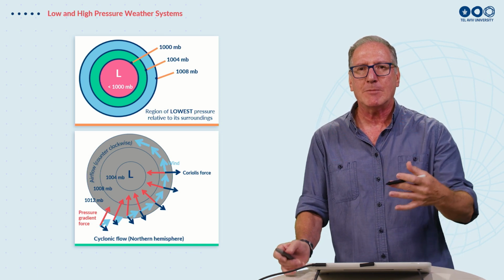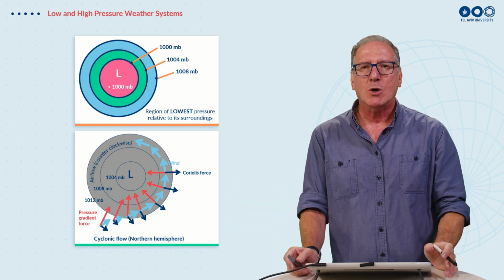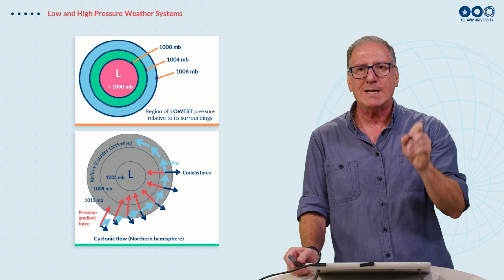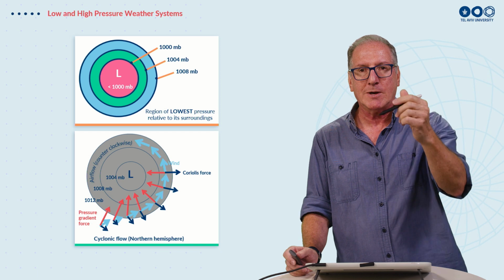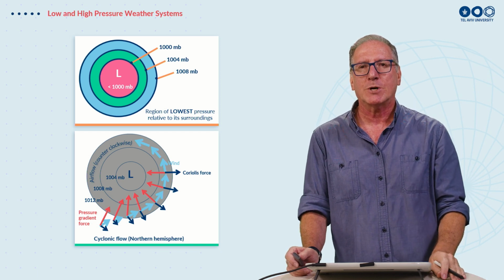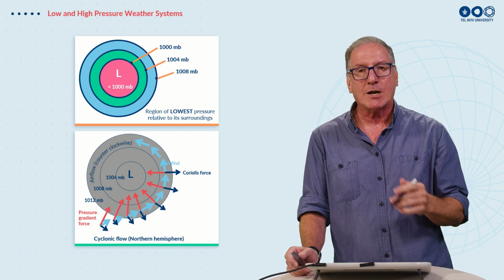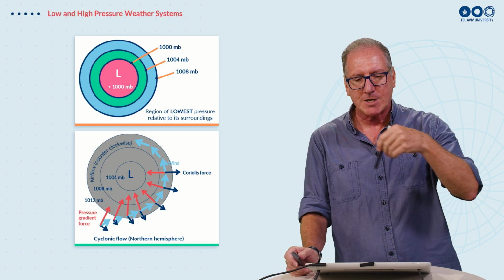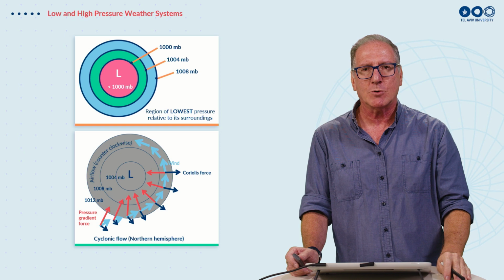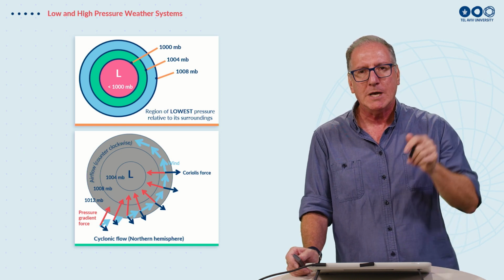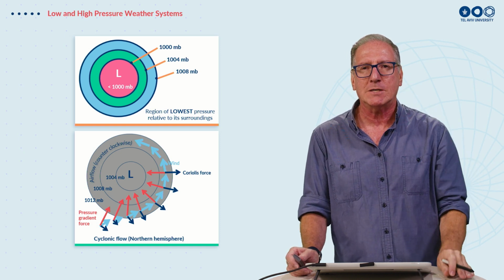Eventually, if we have enough time and large enough distances, we'll get the winds which are flowing anti-clockwise around the center of the low pressure and not directly to the center of the low pressure cell. We also call this cyclonic flow because this is the same direction that the Earth is rotating if we look at the North Pole from above the North Pole. If we look at the Earth from the North Pole, it's also going in this direction, anti-clockwise.